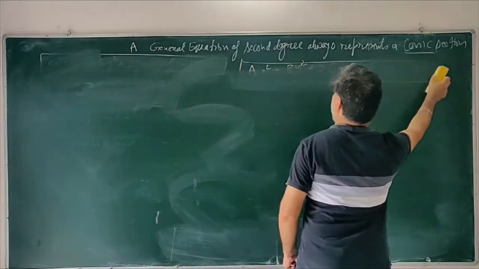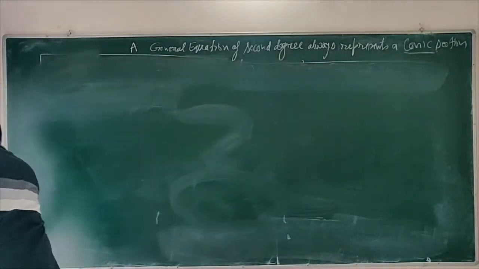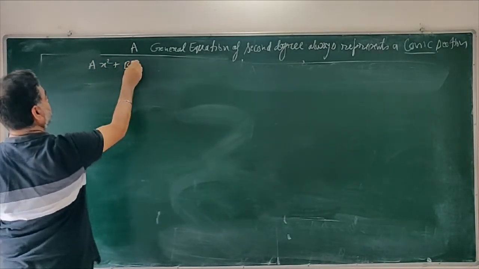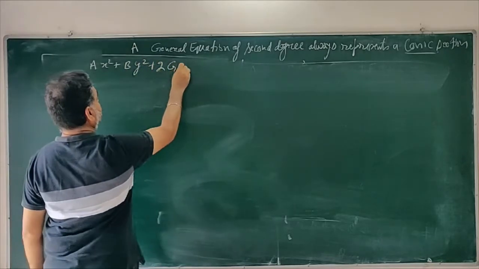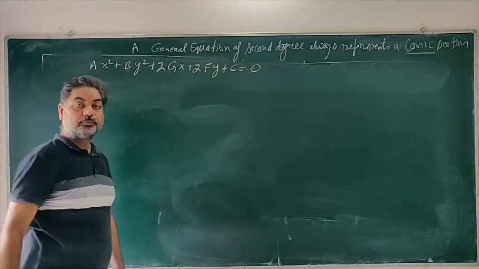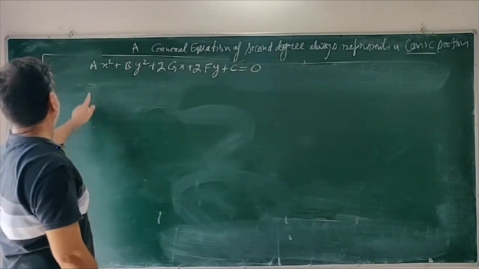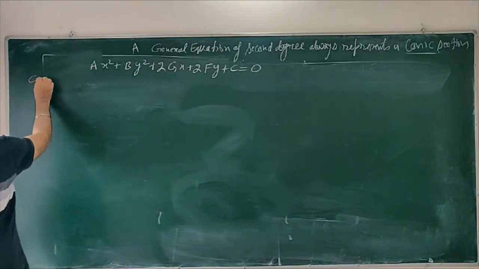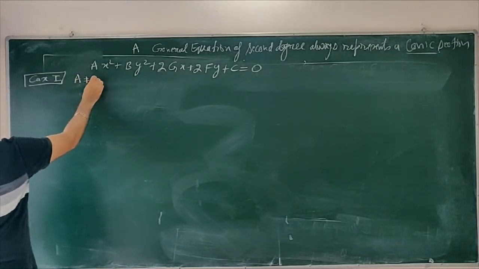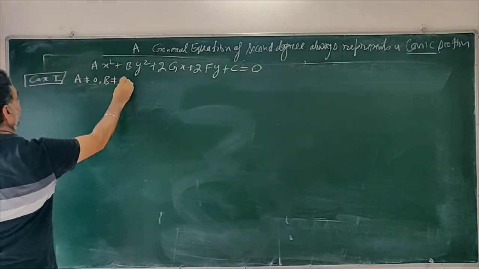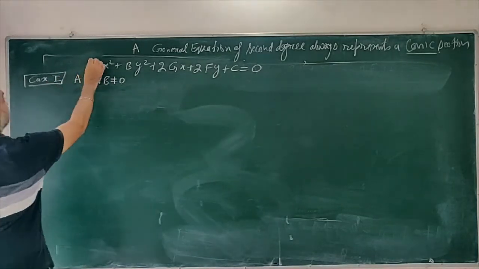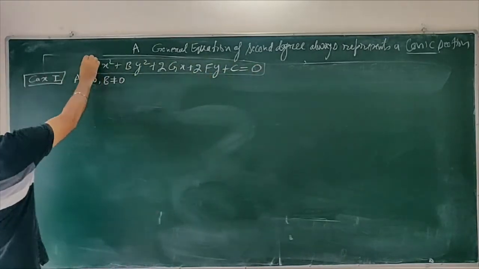So what we have got now is this equation, ax squared plus by square plus 2gx plus 2fy plus c equal to 0. We have got this equation. So we will discuss the following cases. Case number 1. Case number 1 is, suppose a is not equal to 0 and b is also not equal to 0. If a is not equal to 0 and b is not equal to 0, this equation can be written like this: